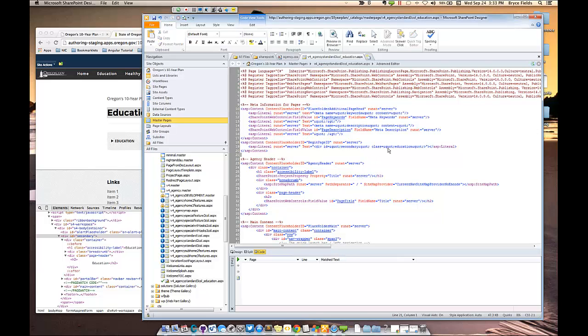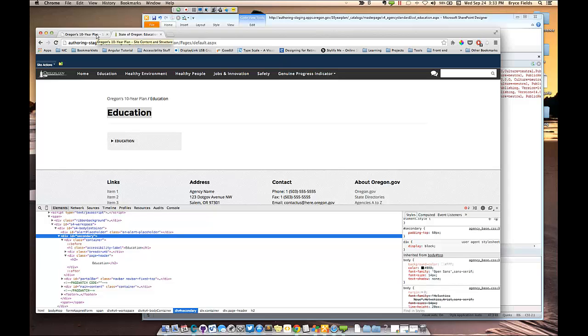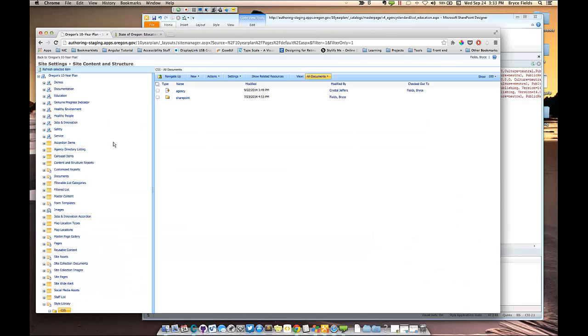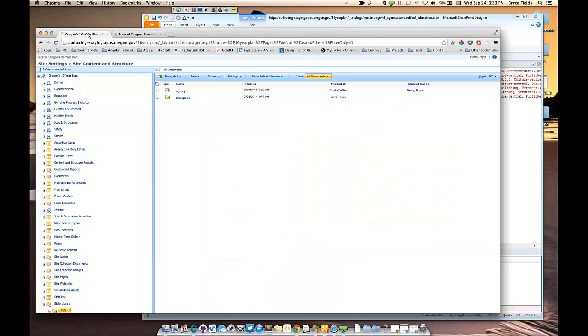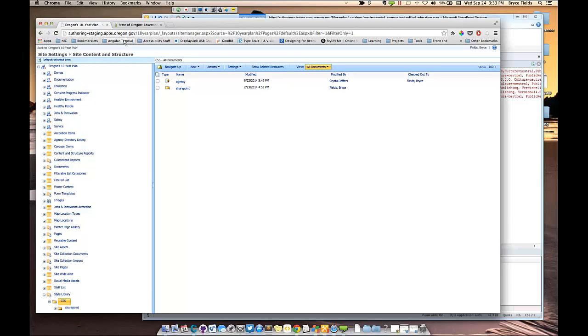So all that's very well and good, but we really don't have access to this page layout yet. So what we need to do is check in our page layout, which I would try to do here, but I'm just going to tell you right now, checking things in and out through SharePoint Designer is never going to work. So I found that to be the case. Yeah, it would be great if we had an integrated development environment that would work for you, but yell at Microsoft, those poor people. But here, you could still check in and out everything you need to check in and out through the